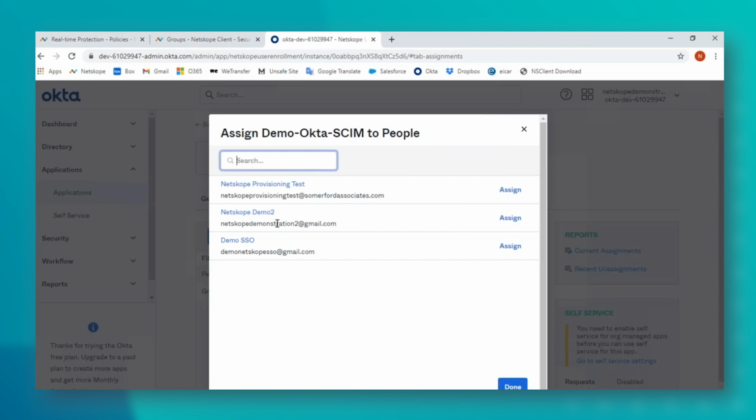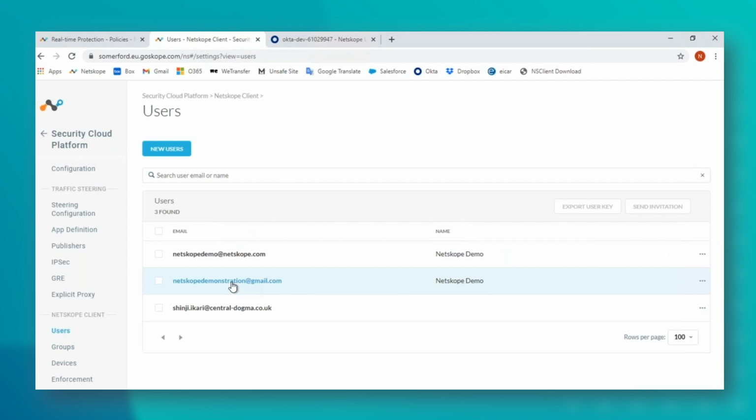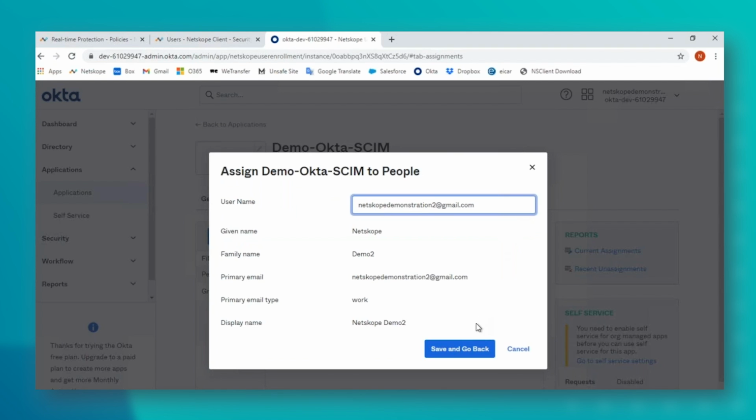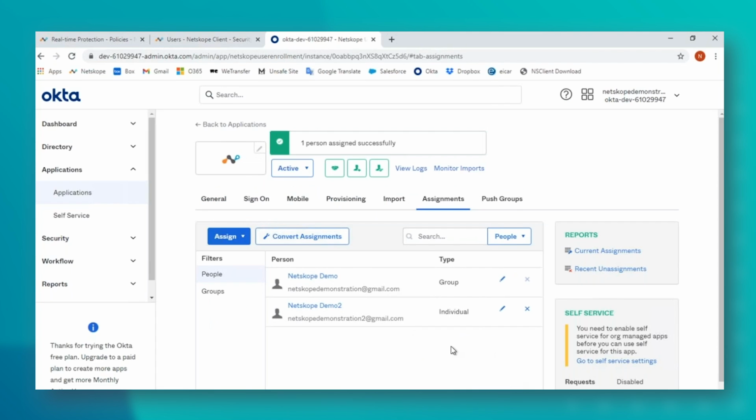Before I do, I will quickly jump back and show we already have Netskope demonstration at gmail.com inside of the tenant. Here, I'm just going to assign another user to this application inside of Okta. And there we go. So an individual has now been added to this particular tenant.